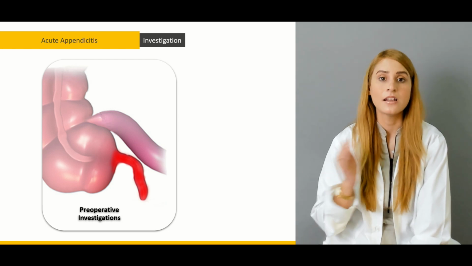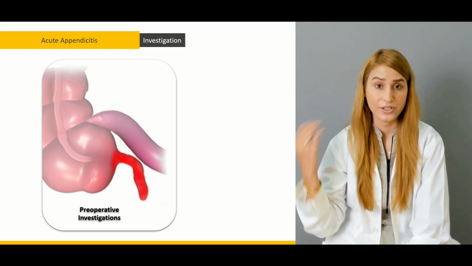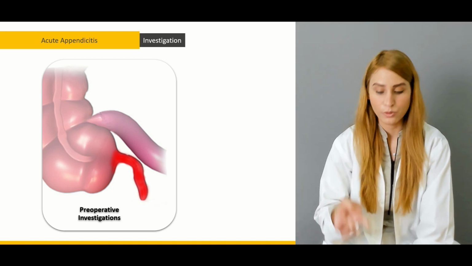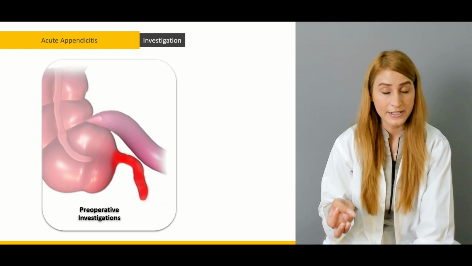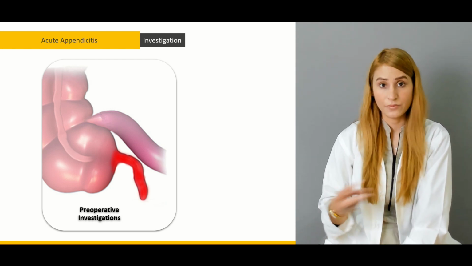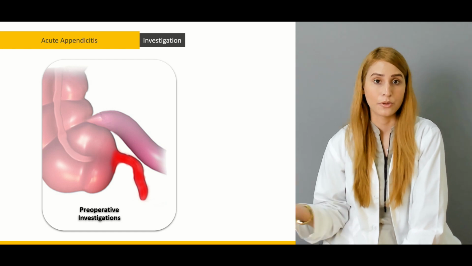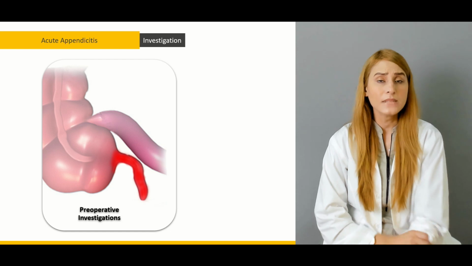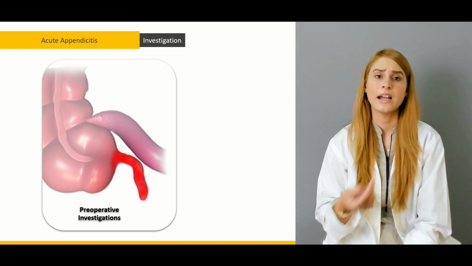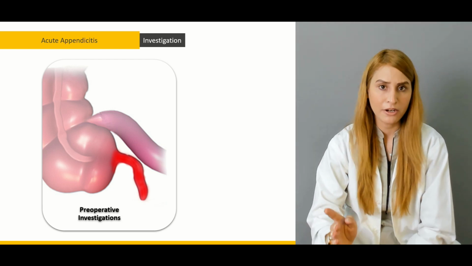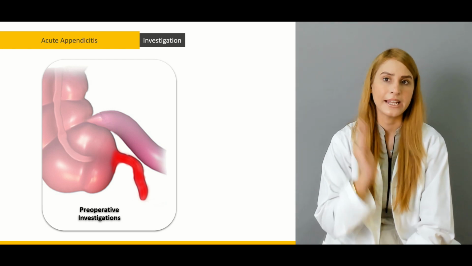So starting from the non-invasive baseline investigations, you have to order all the baseline investigations like full blood count. You'll order a urine RE, because sometimes there can be a urinary tract infection which can present like lumbar or iliac fossa pain, right? So you have to order blood CP, serum electrolytes, RFTs, LFTs, the routine tests, urine RE, ESR, CRP, and then you have to go for